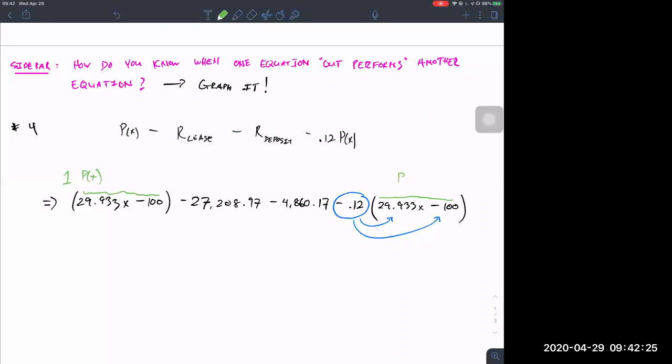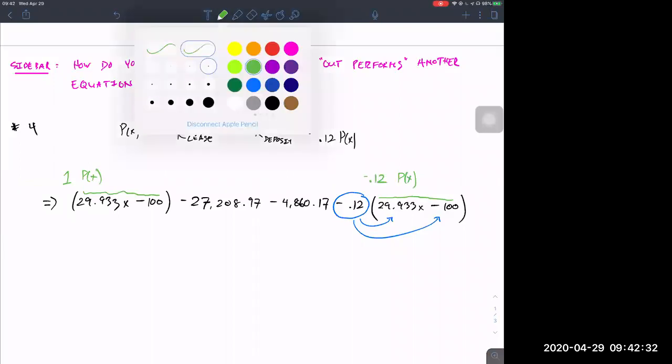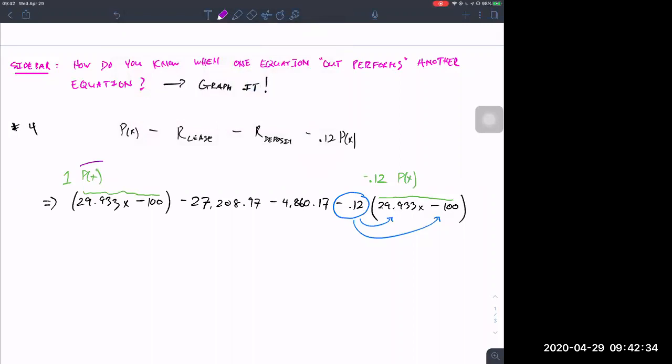What number is in front of this profit function here? Negative 0.12. Well, it's kind of like variable subtracting, right? If you have one whole p of x here and you got 0.12 p of x's and you subtract them, what do you have? How many p of x's do you have in total? You now have 0.88